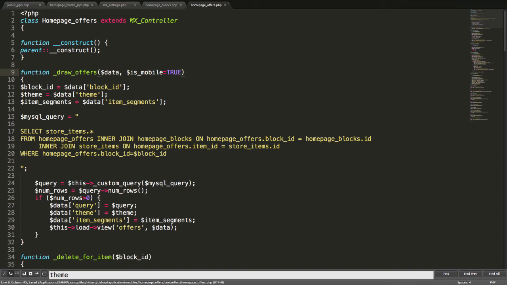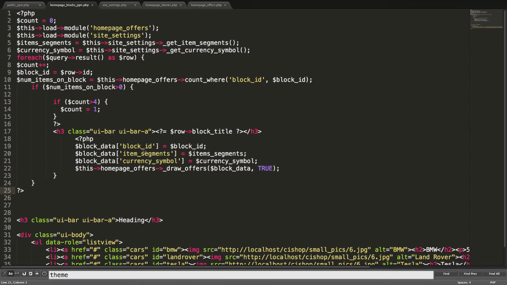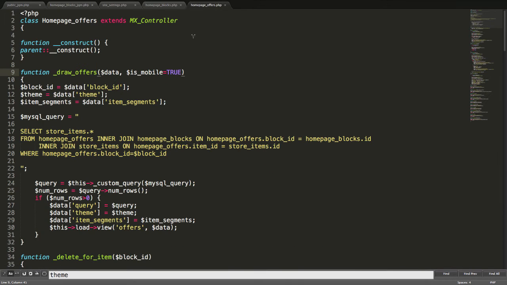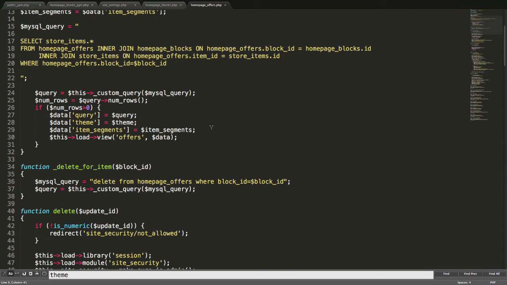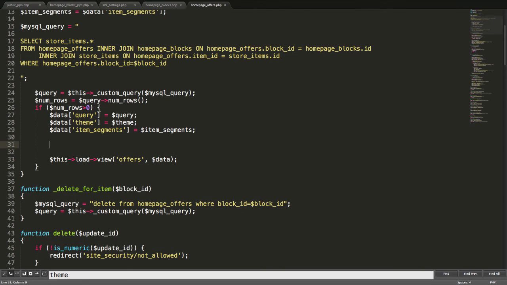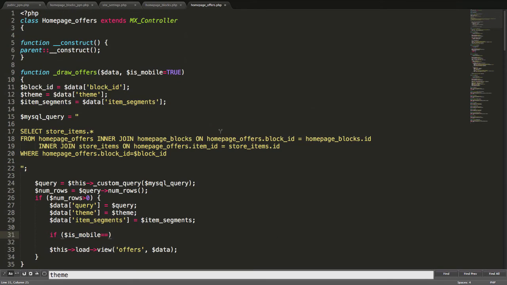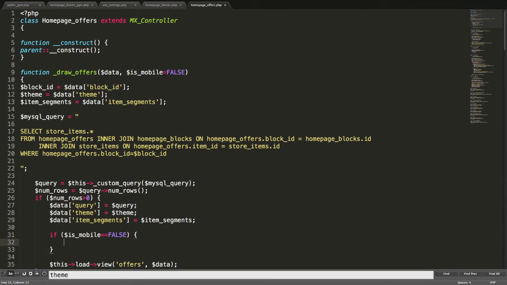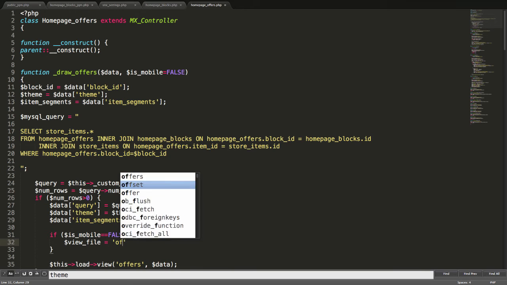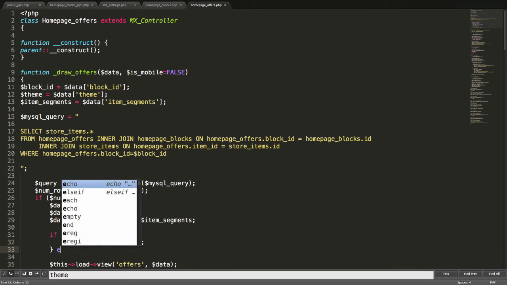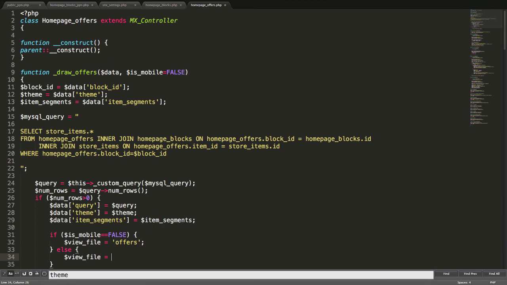That's our default. Okay, so the page, keep your head in the game here. It's homepage offers, draw offers, right? Homepage offers, draw offers. And now I'm saying that if is mobile is equivalent, now hold on a second, I'm sorry, is mobile is usually false, right? That's the default. So if is mobile is false, then the view file equals offers. Otherwise, the view file equals offers